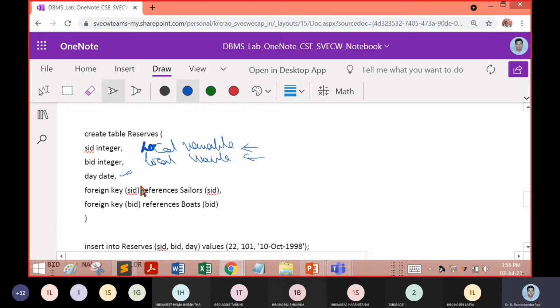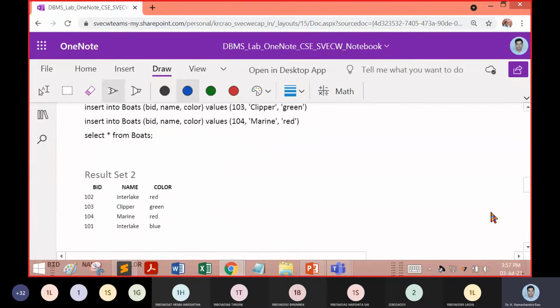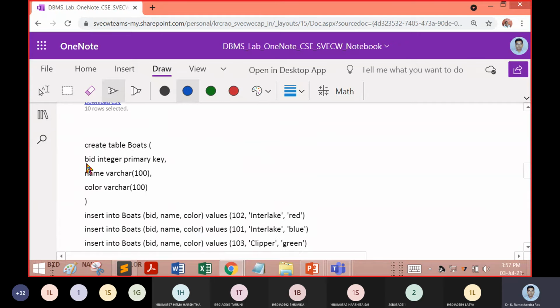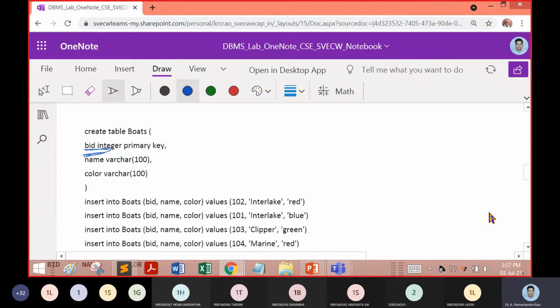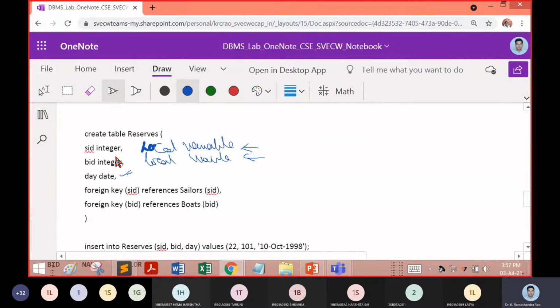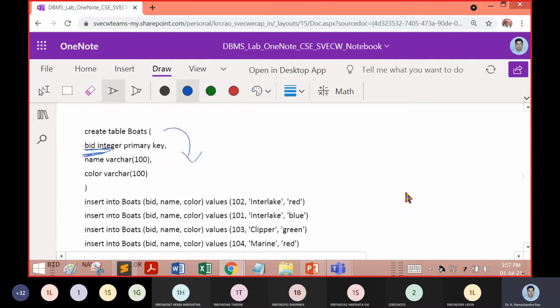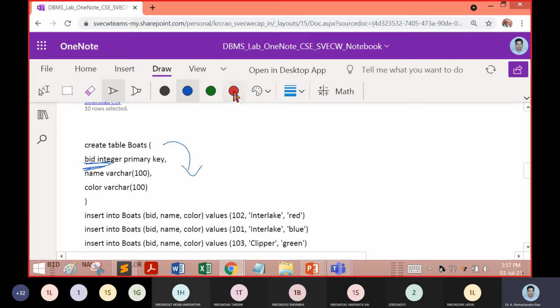Then we have a date. This local variable is going to point to the global variable. So now you can check here, boat ID is integer data type, and the same data type we are calling integer data type. Now boat ID, we are getting it from the boats table, and in this boat ID, we have it as primary key.